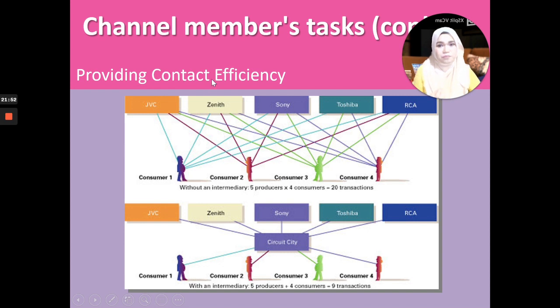So that is when it provides this contact efficiency, so that it reduces time and reduces the energy consumption by everybody. Otherwise you have to entertain every customer, and every customer also needs to go to a lot of places, right? Instead you just go to one place and you can compare all the other brands of the manufacturer's products, right? Isn't that better?